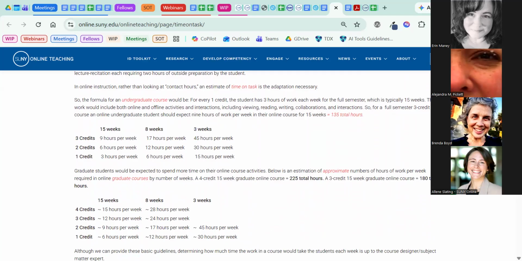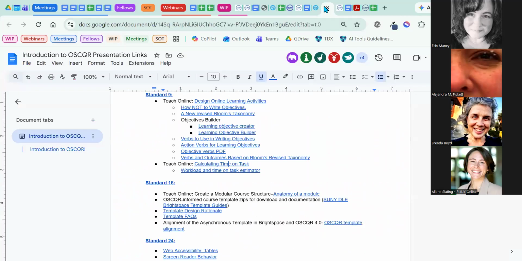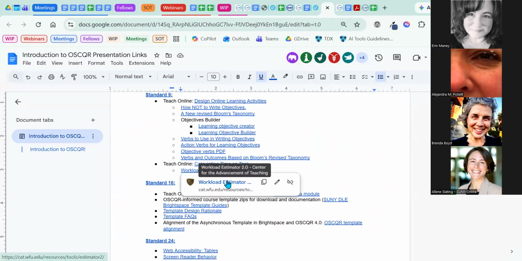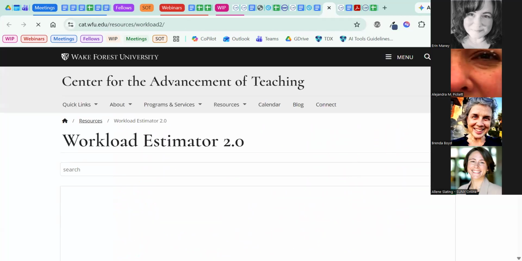Now, to help you to quantify that a little bit more, there's a resource from Wake Forest University called the Workload Estimator, which is a really cool tool.